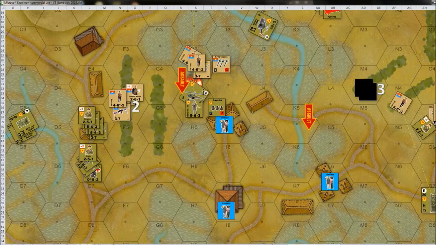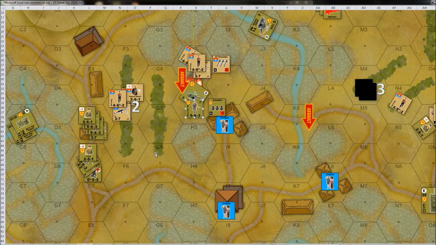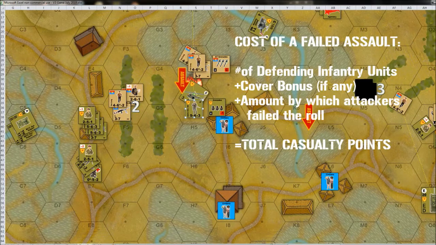There's no cover bonus because that's an open hex, so I take nothing from your cover bonus. However, I failed the check. I needed a 6. I got an 11. I have to take 5 casualty points. There's only 2 casualty points in there. And just to be 100% clear,